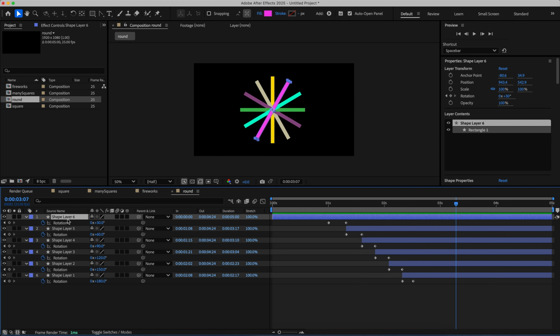For example, for each of the layers, I add a third key. Keeping the same value, just pressing this button, adding another key. And then the final keyframe, 180. Something like this. For the second layer, I also just press the button, add